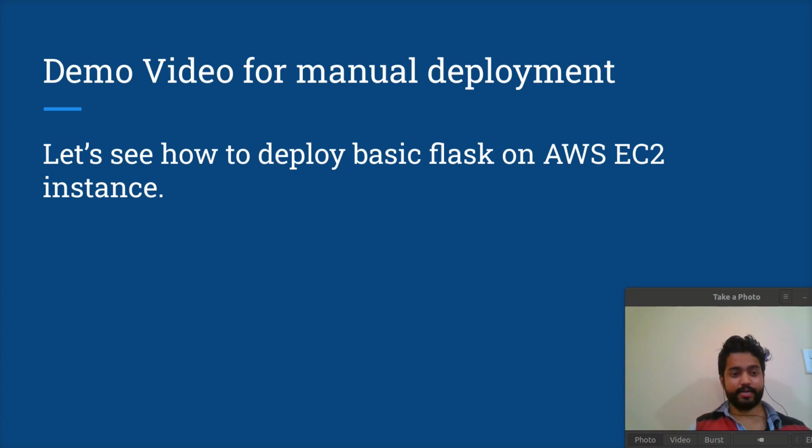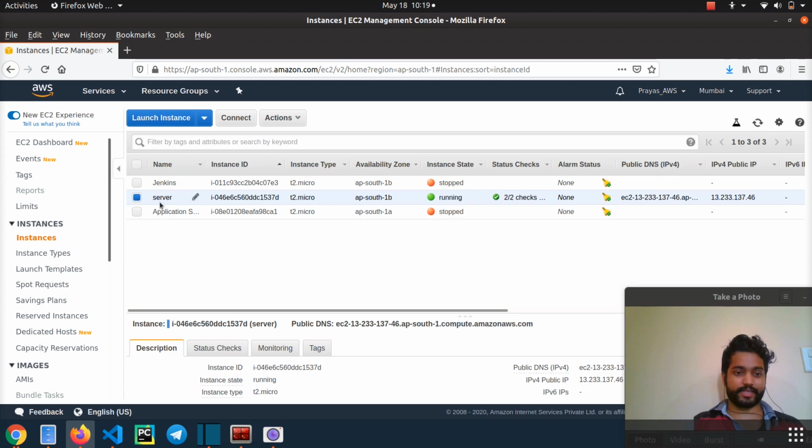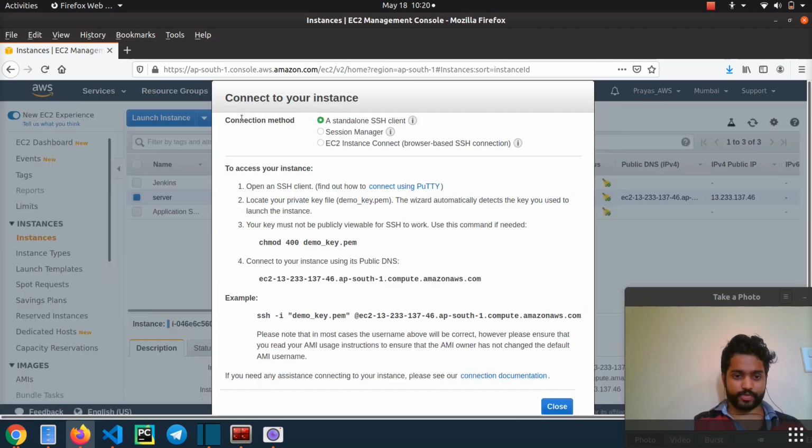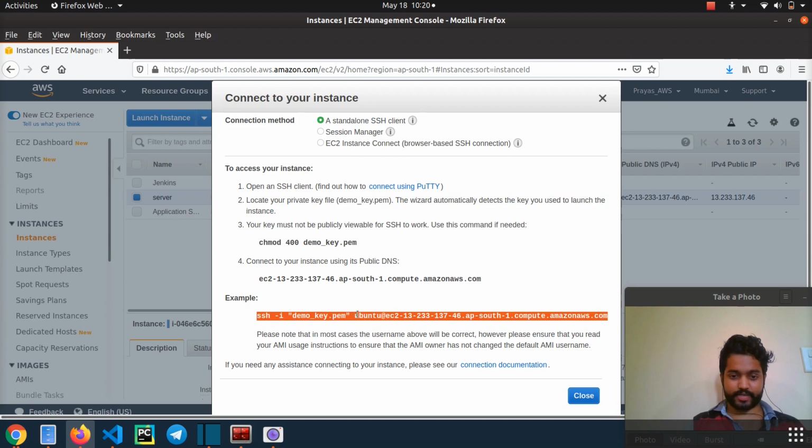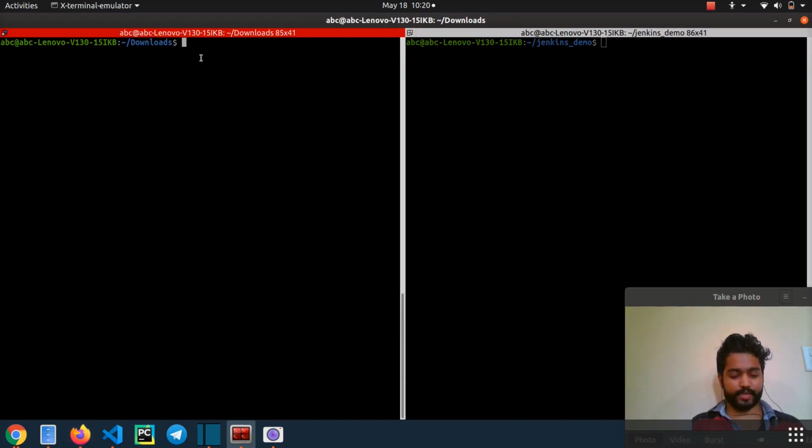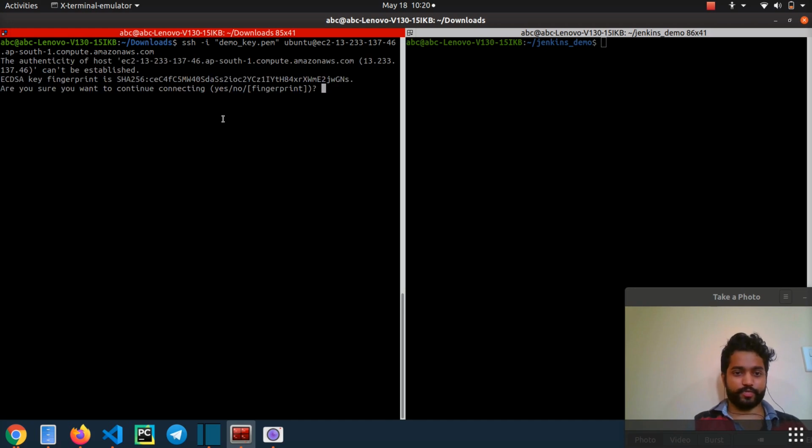Let's get started. This is the same instance, guys, that we created in the last part of the tutorial. And also we saw how to connect it. So let's connect with this instance. Here we are, and we should be in the folder where the key is present or where it was downloaded. In my case it was in the downloads folder, so I'm trying to connect from here.